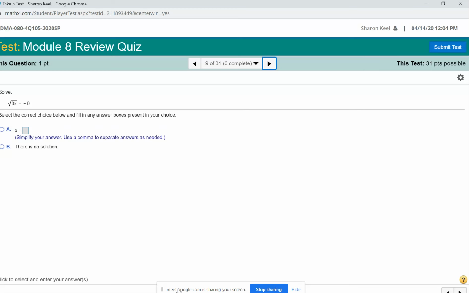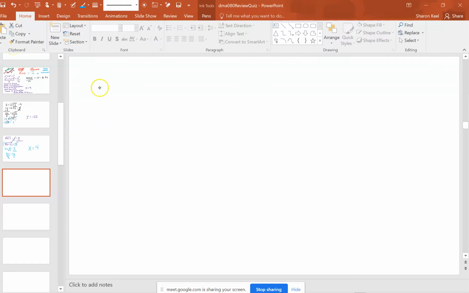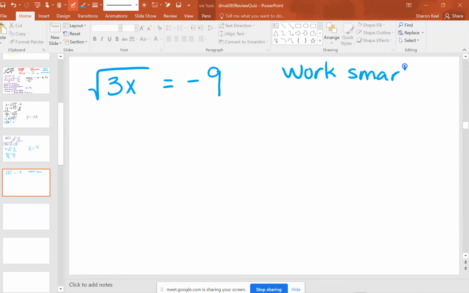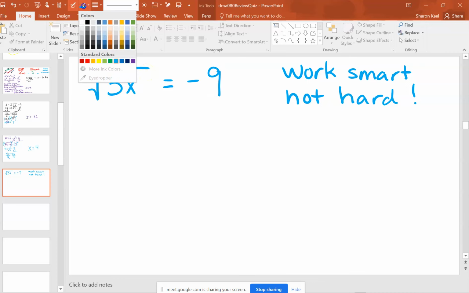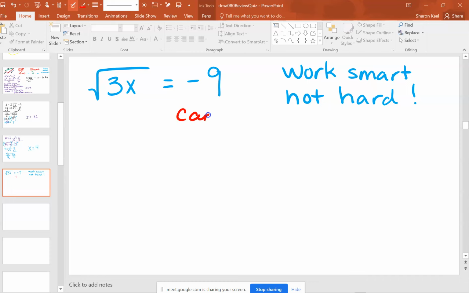The square root of 3x equals negative 9. This one, I want you to work smart, not hard on this problem. Okay? Think back to when you have a square root of something, the big thing that we push and that we talk about is that you can't have a negative answer